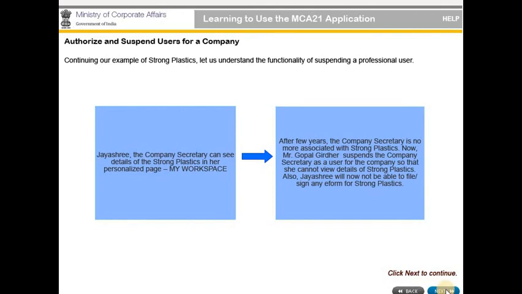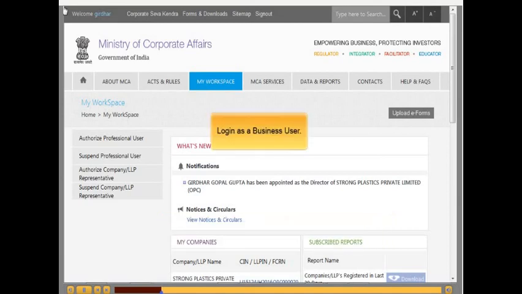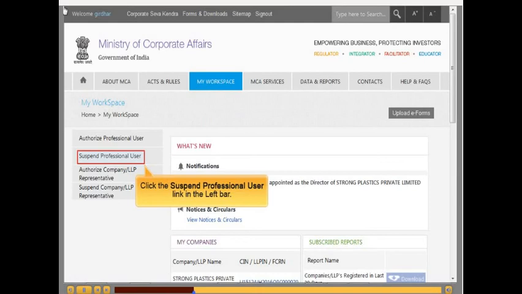Okay. After that, we are going to suspend that person, Jayashree. Sometimes people will come to our business and work for us, and then move to another company. In that situation, we have to remove that person as authorized, because if they are going out they can do anything. So we have to suspend that person.